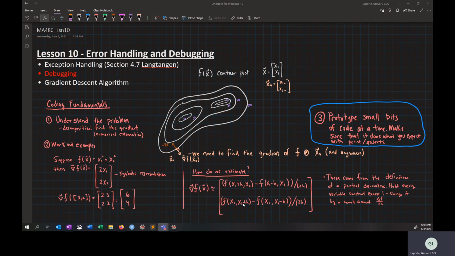Then when you come down to the second component, all you would do is add the h to the second component, and then we divide by 2h, and this would be an estimate for the partial derivatives. If you put them together in this vector form, it would be the gradient. Okay, I claim that you need to understand this in order to be able to catch the issues in my